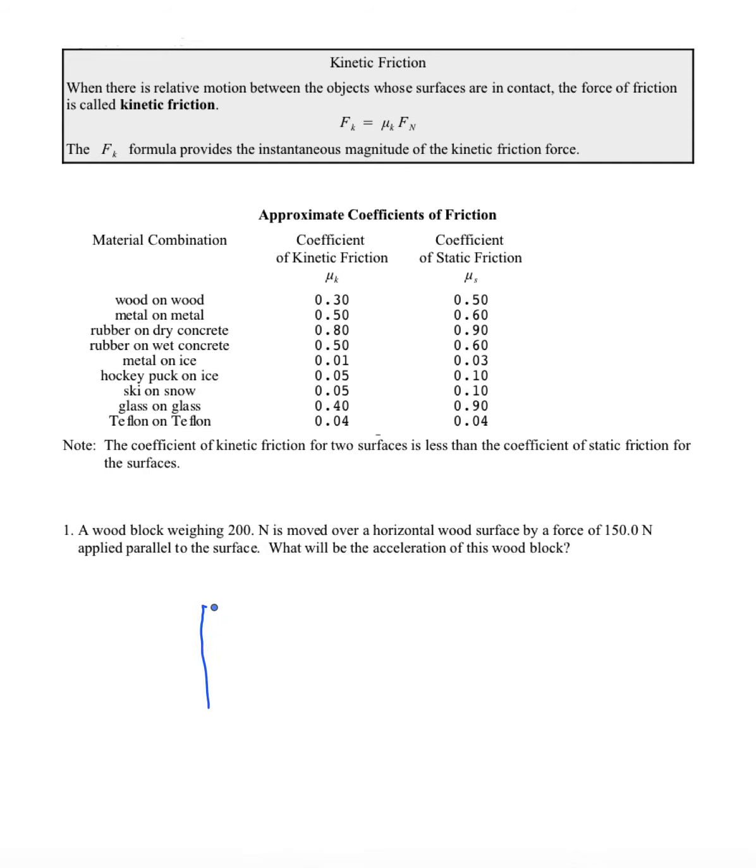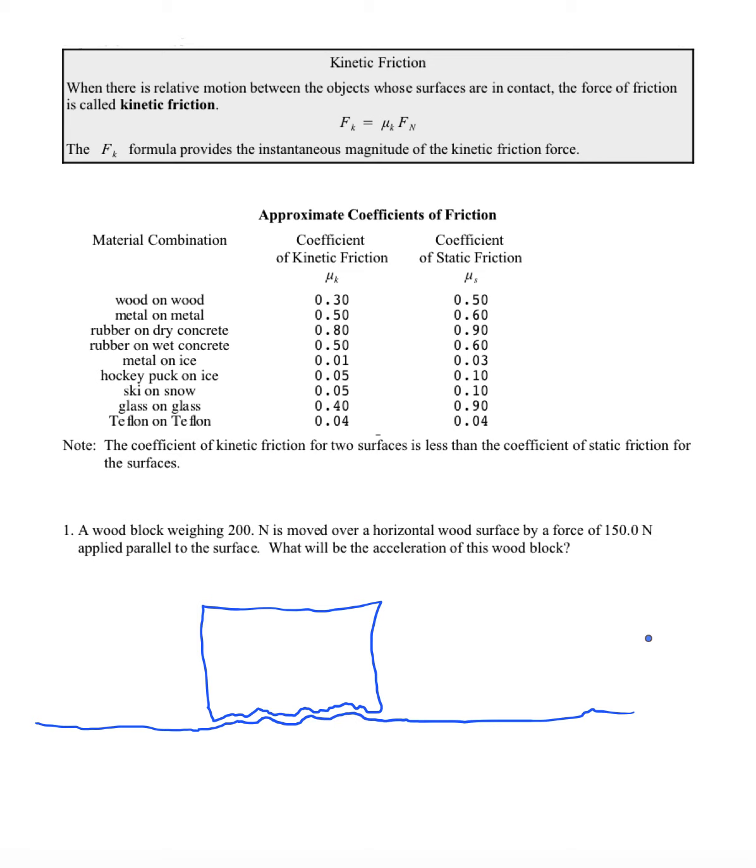So let's do a little diagram of our situation. There's our wood block. Here is the wood surface. Now, all surfaces are not going to be perfectly smooth. And that's what really causes friction. When we're trying to drag a piece of one material over another, then it could get caught up in these little